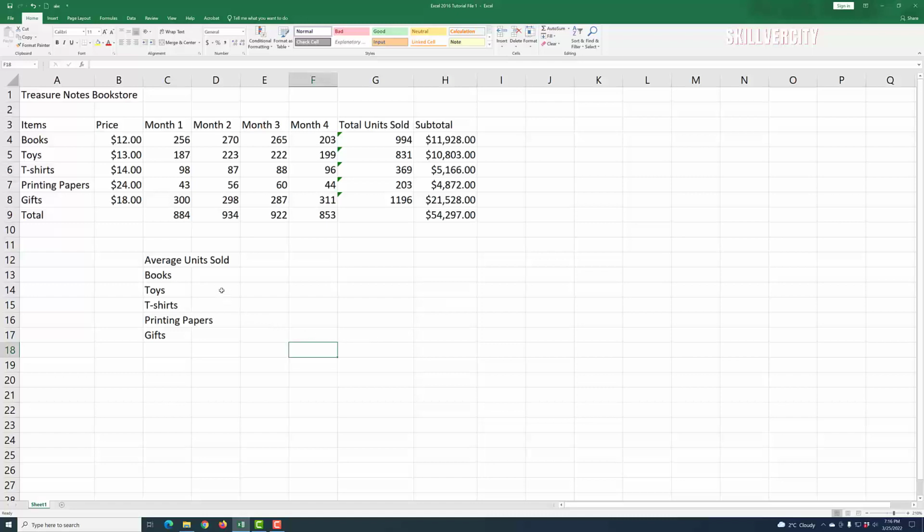So let's get started. In order to do that, for each item, we click at the cell where we want the average number to be inputted. For example, for books, we will click on cell D13. Now that we've selected the cell, the next thing to do is to type in the equal sign, average, and then select the sales for the 4 months and then